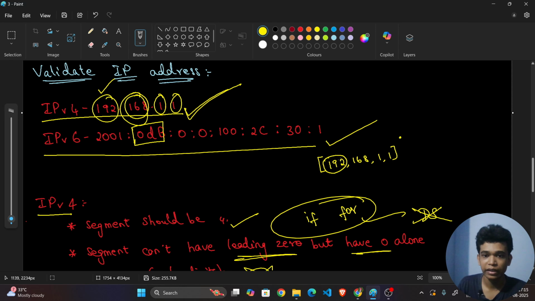And check whether each and every character is in the range of 0 to 9. Can you understand this? Yes. And each and every segment is of 0 to 255, and there is no leading 0, which means if there